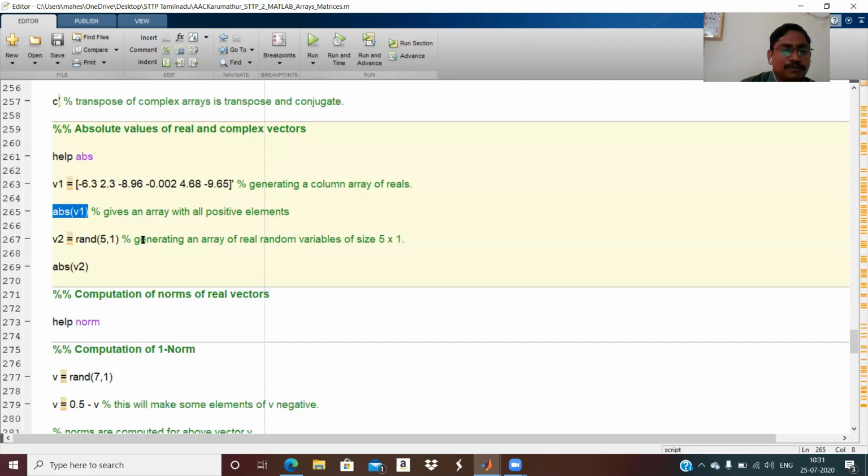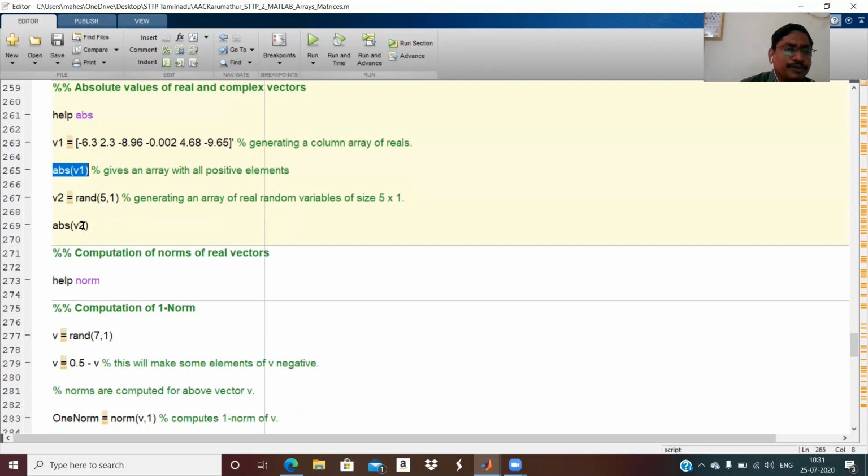This is a random 5 by 1 matrix, generating a real random variable of size 5 by 1. The absolute value of V2 means, as per the Euclidean norm, it is calculated.